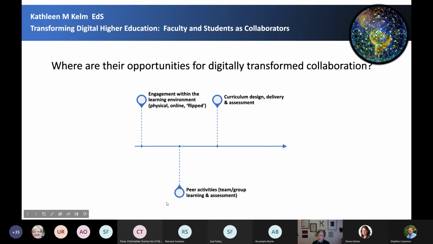But can we do more? And then last but not least, curriculum design and delivery and assessment. That's an area that, you know what, it is ripe for digital transformation. And what I hope to do for the rest of the talk is to show you the ways in which that might be happening. Next slide, please.